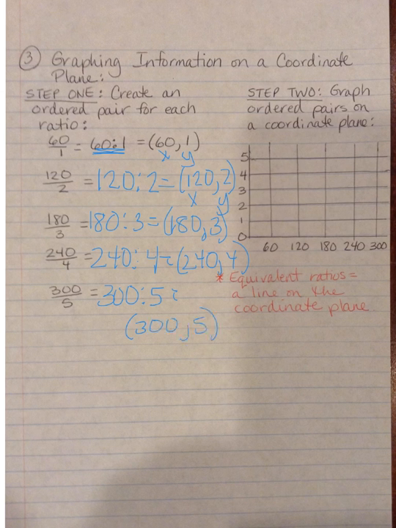Now, the next thing I do is I'm going to take those x and y coordinates and graph them on this coordinate plane. And so I set up a coordinate plane based on my coordinates. If you look at the x coordinates, I have 60, 120, 180, 240, and 300. And so those are all multiples of 60. So I set my coordinate plane up with those multiples of 60 because those are the numbers I'm going to be using. So you can use your coordinates to help you know how to set up your numbers on your